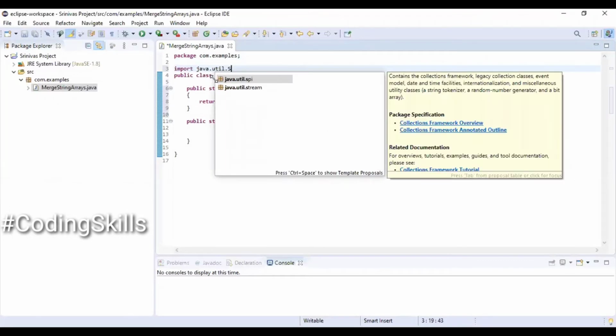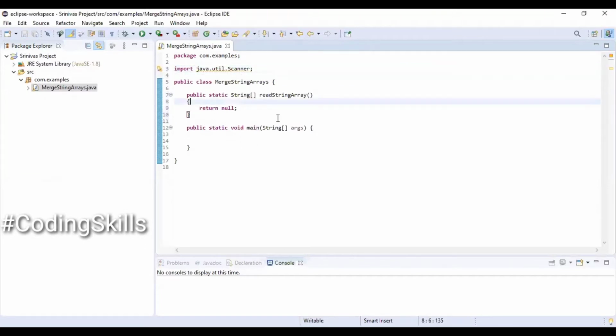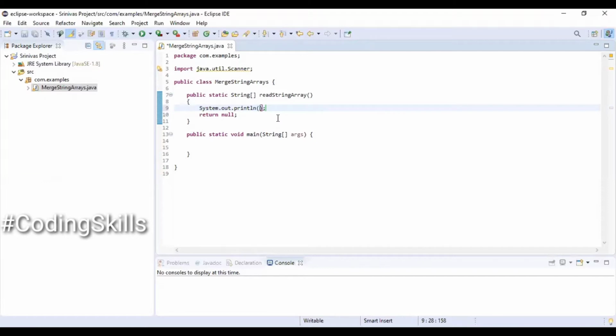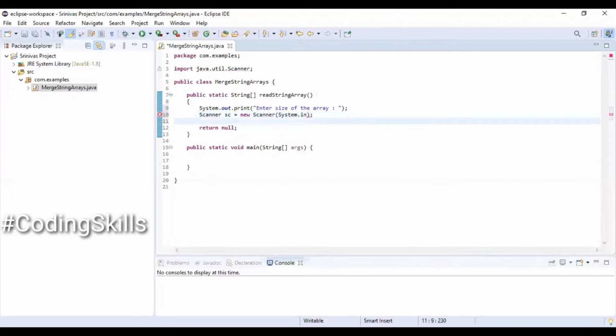Importing Scanner from the util package in order to read some data from the keyboard. Printing a message on the console requesting the user to enter the size of the array. Creating an instance of the Scanner and mapping it to the input stream. int sizeOfArray equal to sc.nextInt.